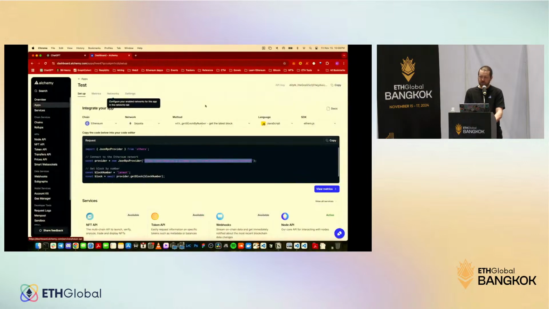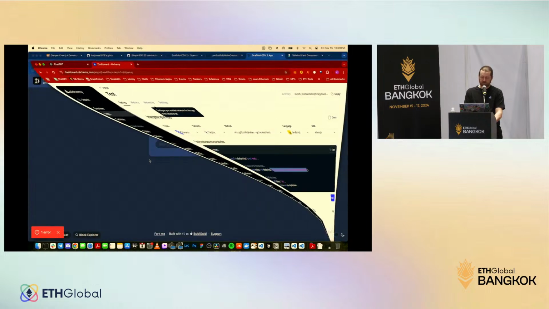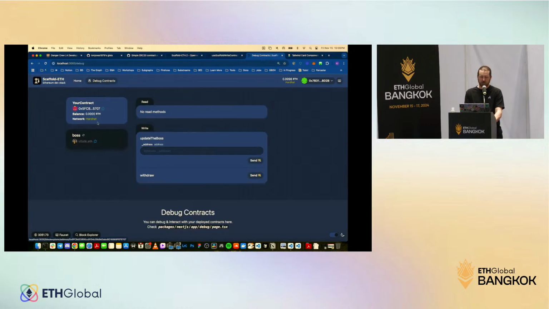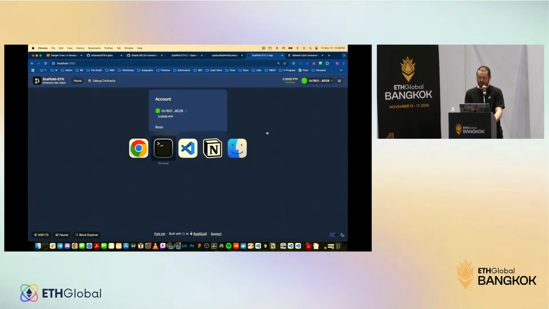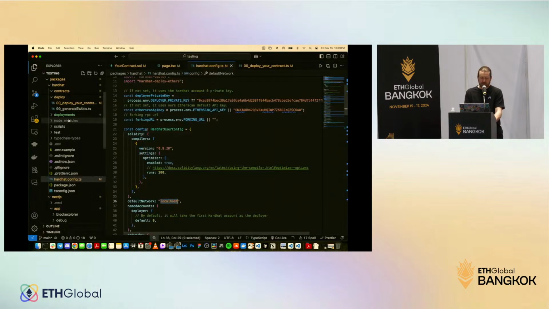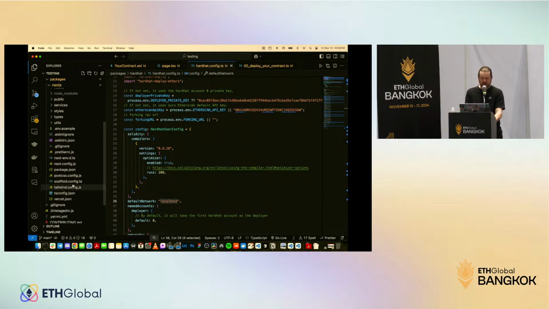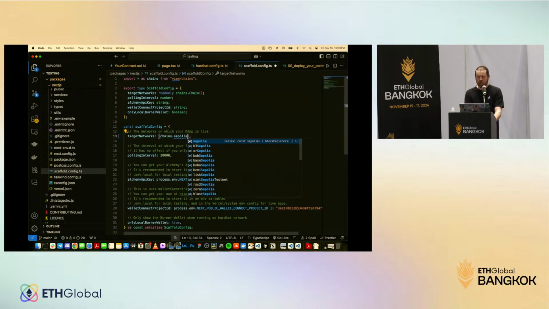So now we have our contract deployed, but we also need to update our front end to be able to hit it. The contract's deployed, it doesn't show that it's deployed here. Again, I think my front end is just acting up on me, but let's go into the Next.js folder, and there is a scaffold config file. I'm going to put it on chain.sepolia, and we can also change the polling interval,